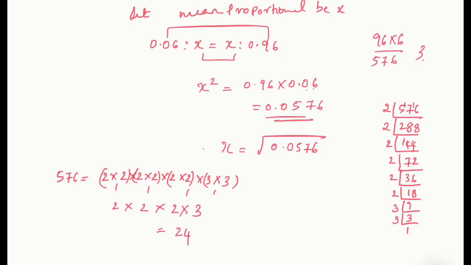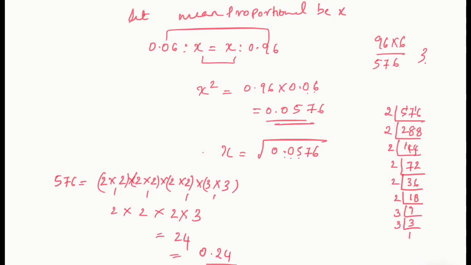Now we check: after how many digits is the point? It's 1, 2, 3, 4, right? So when you take the root, you need only half of it. Decimals you have learned last year. So I can take it as 0.24, which will be our answer. Okay, clear? Please go through the example questions from your textbook also, so you'll get more clarification on the topic. Please write till exercise 12b, third question in your classwork. Thank you, students.